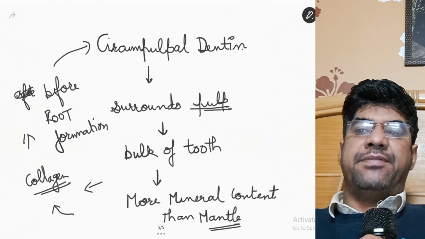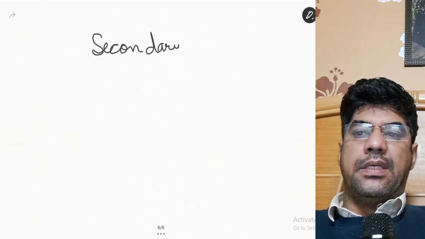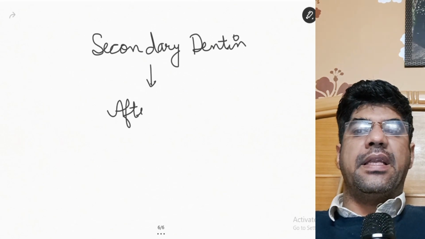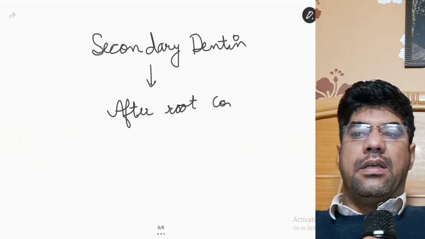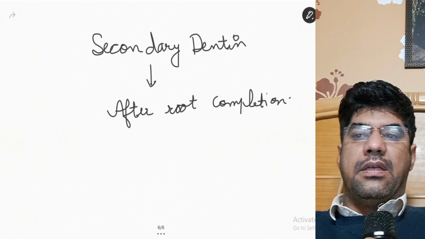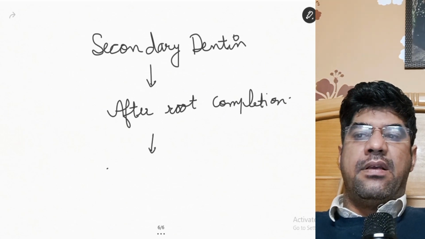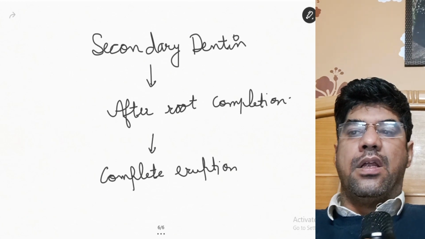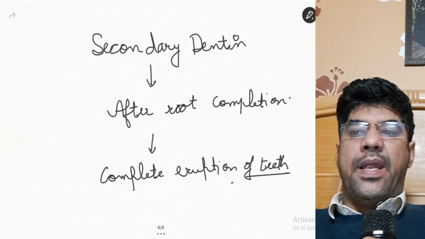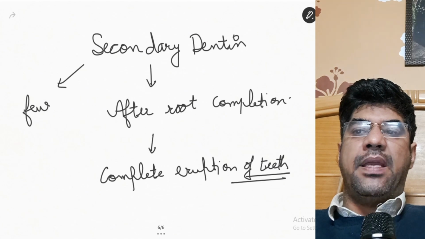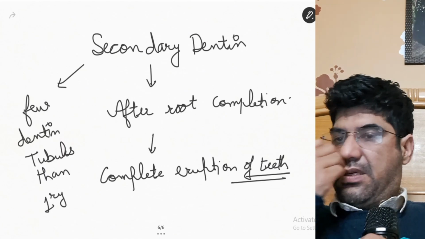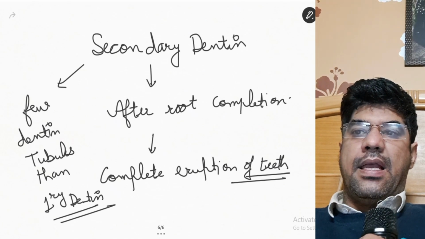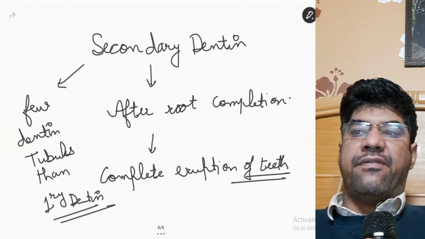What is the dentin that is formed after root completion and the complete eruption of the teeth? It is the secondary dentin. The secondary dentin, as compared to the primary dentin, will contain fewer dentinal tubules. A bend is seen at the junction of the primary and secondary dentin. The secondary dentin grows slowly and reduces the size of